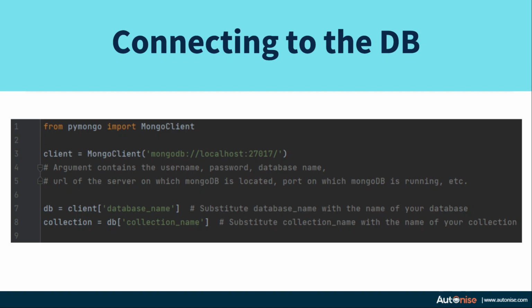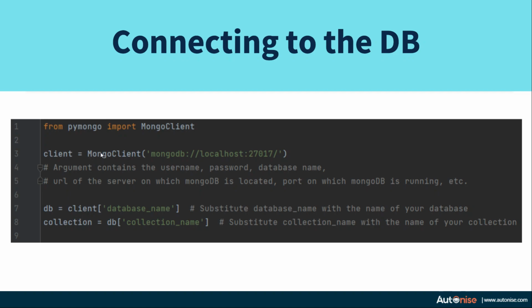There are a lot of parameters which can be passed inside the string. If you keep this string empty, let's say you do not provide it with any argument, then MongoClient will connect to the MongoDB on your local host by the default user. So if you just want to debug and run your MongoClient on your local computer, you can keep these parameters empty.